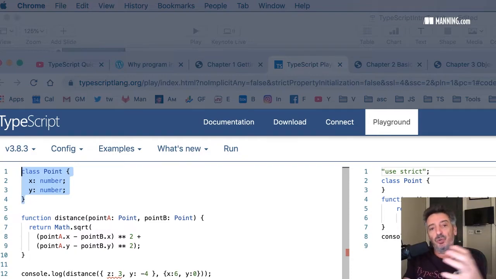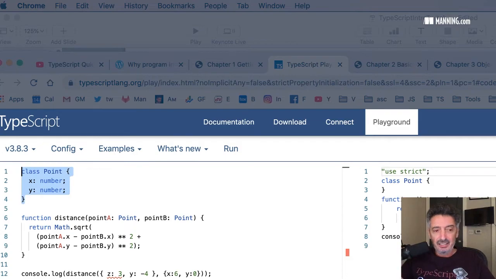You don't need to deploy JavaScript to see this error. Now, since we are looking at this little example, I want to show you something else. So how do you declare types? First of all, there are basic types like number, string, boolean. They already come with the language.